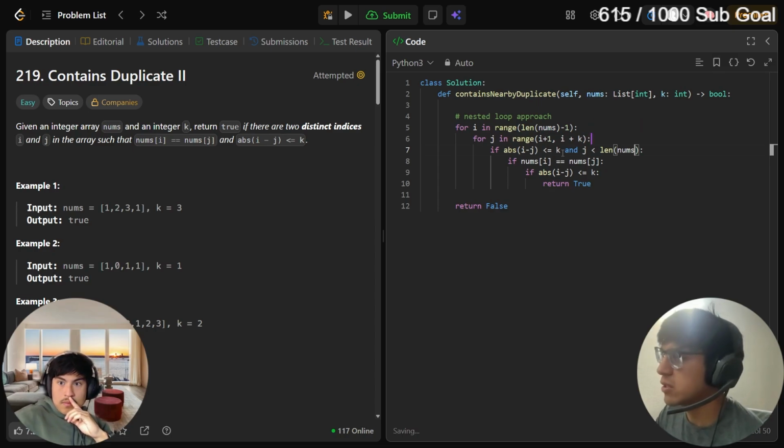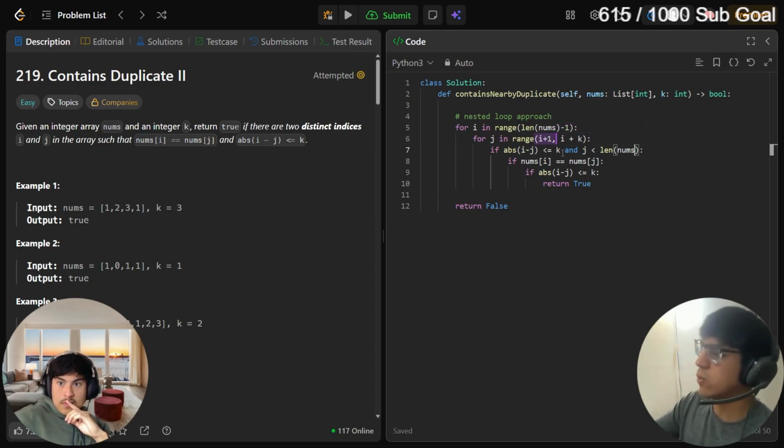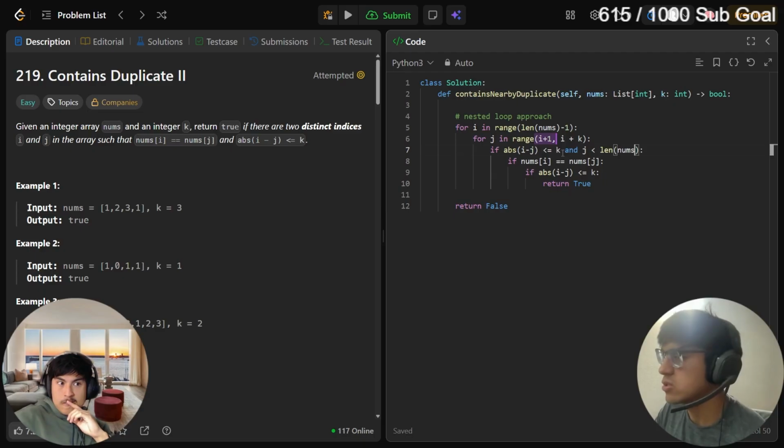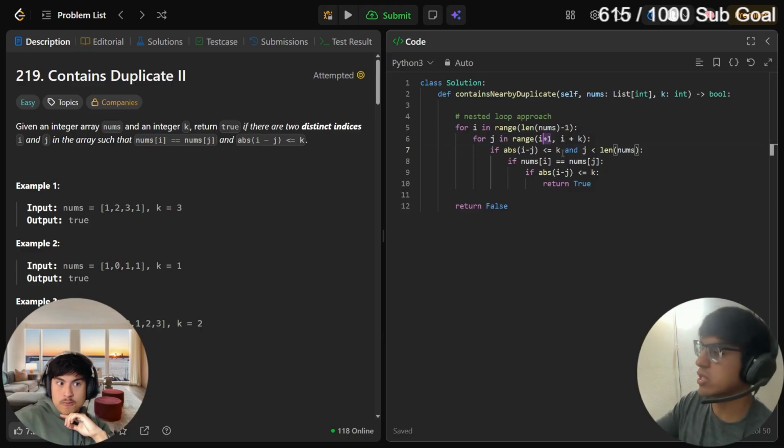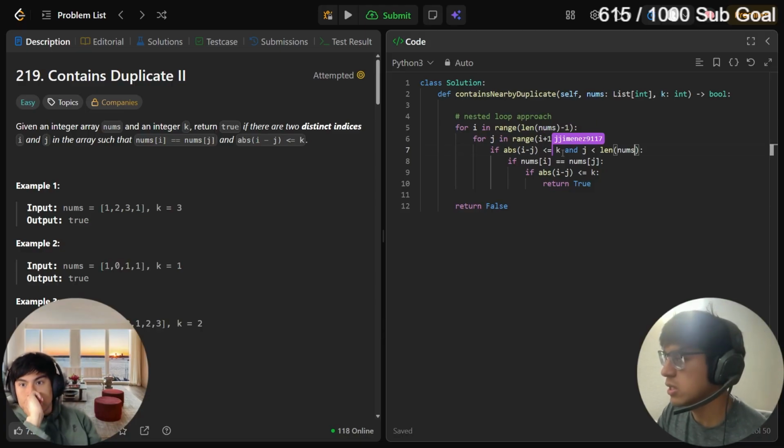So it goes from the following one all the way to I plus K. So let's say we're at position 0. So 0 plus 1, that equals 1. So we're starting at 1. So now J's 1. And then I plus K, that equals